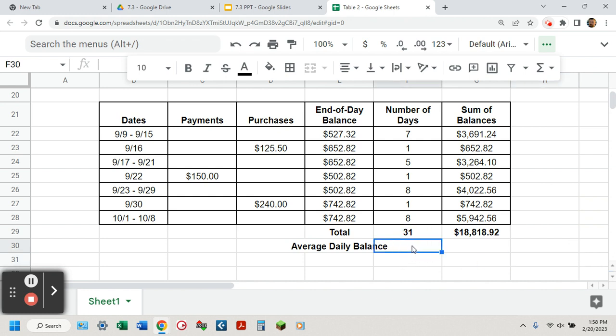Okay, so we need to do the average daily balance. Okay, so here's all the sums. Now you know this guy didn't have this much money every day because it's going to be divided by 31 days because we have 31 days in the period. All right, so we're going to do this number divided by this. So we're going to click here, click equals, click on that cell, divide by this, bam,